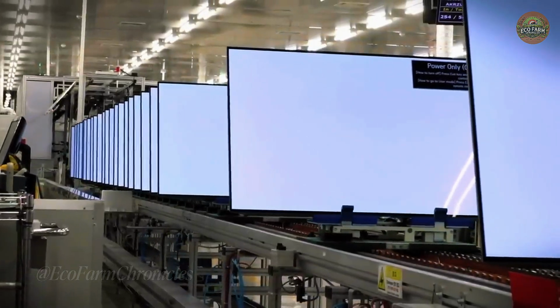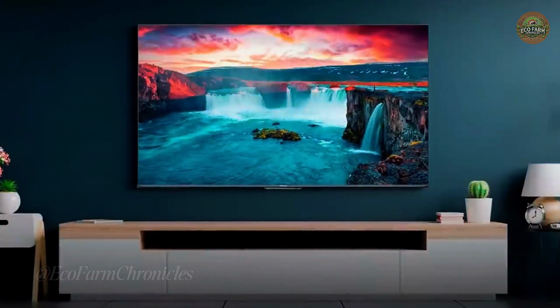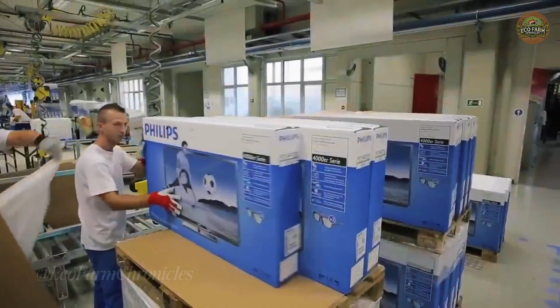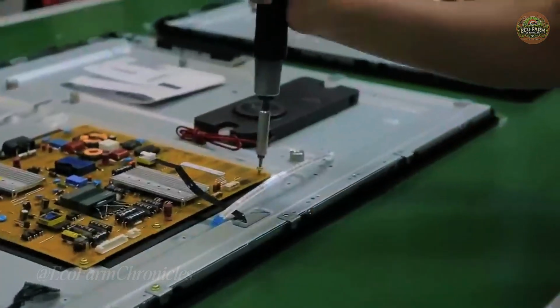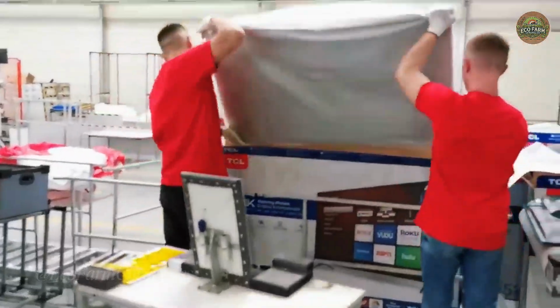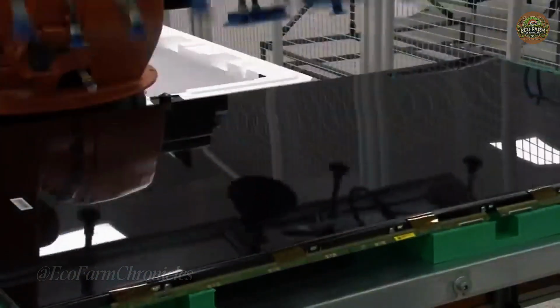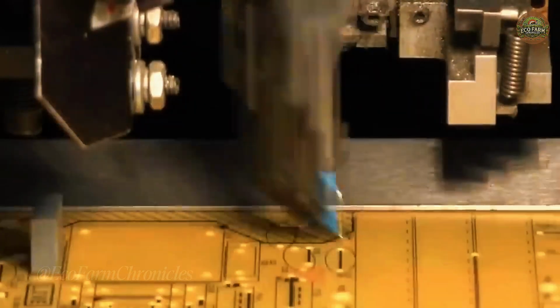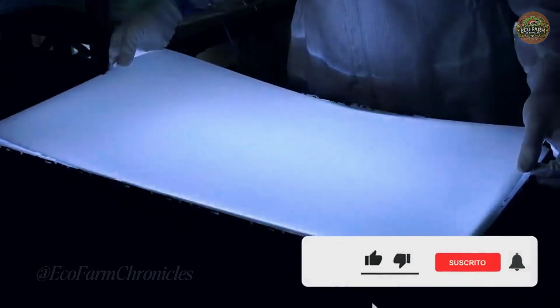Every year, more than 200 million televisions are sold around the world. What is really interesting is to see how these televisions are assembled, tested, and packaged. All this takes place in a carefully planned production line, with workers and machines synchronized to achieve incredible efficiency. If you are wondering how televisions are made, we visited an LED TV factory to find out how they